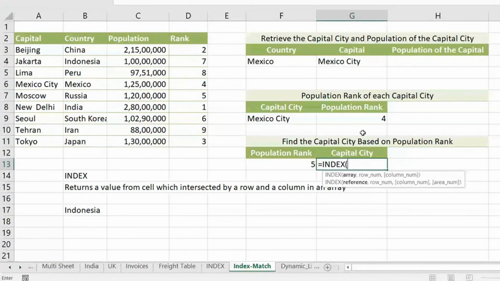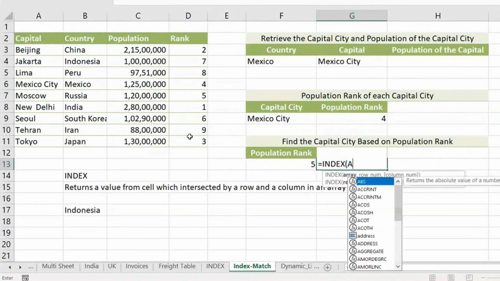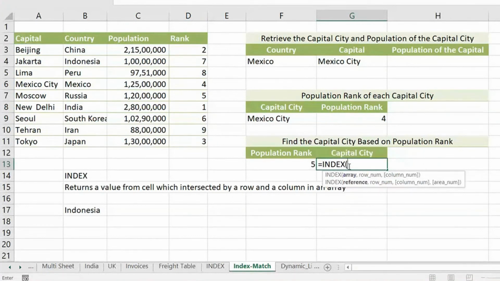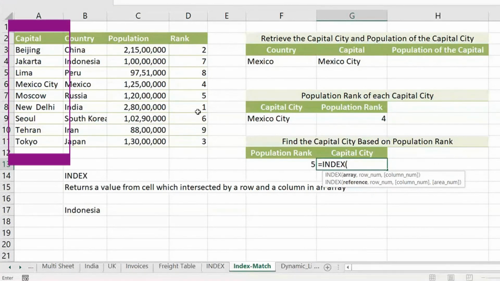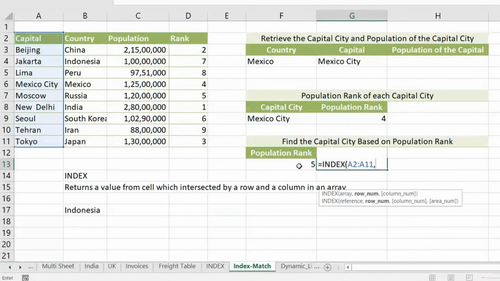Index. Okay, array. One way is table. Now, see, there's one easier approach in index. This array can be even a single column array from where you are retrieving. So I have to bring capital, I have to search based on the rank. So right now, array is basically something which you are retrieving. I'm retrieving capital. Just take one column only, that's enough. As the first part of index, just take the retrieving column. First array is the retrieving column, comma. Then I need to get the row number of the searching value. How will I search the row number? I use match. So I use match here.